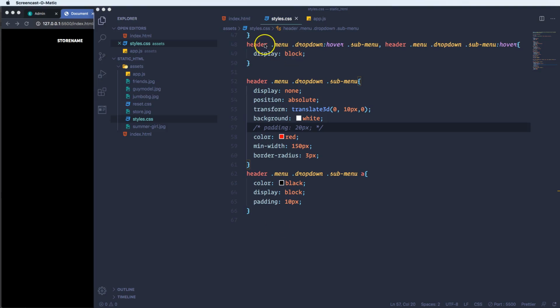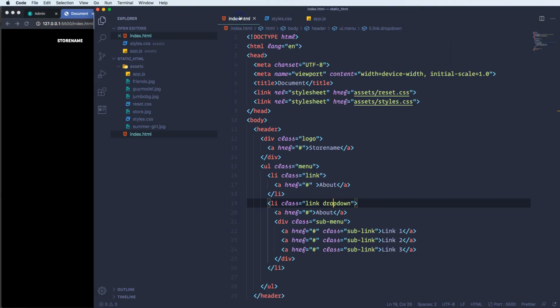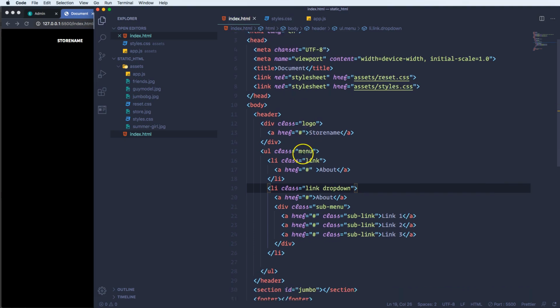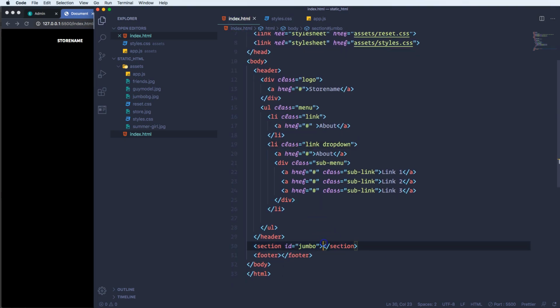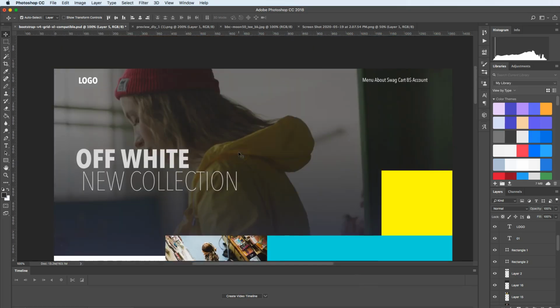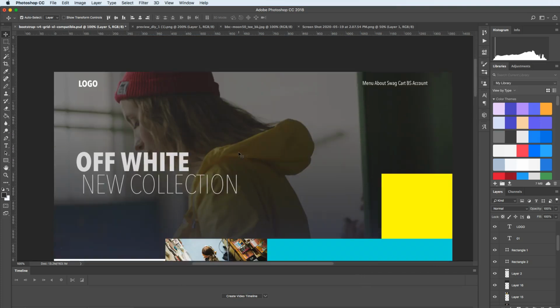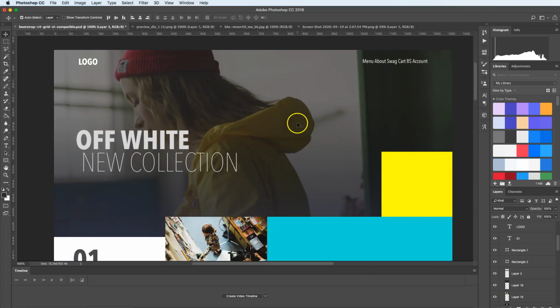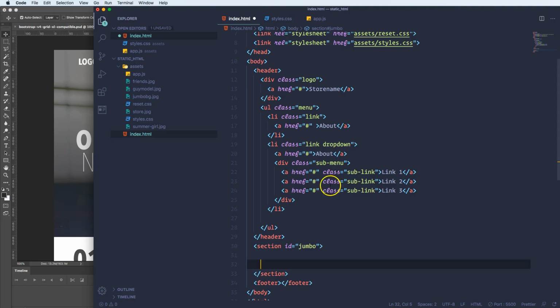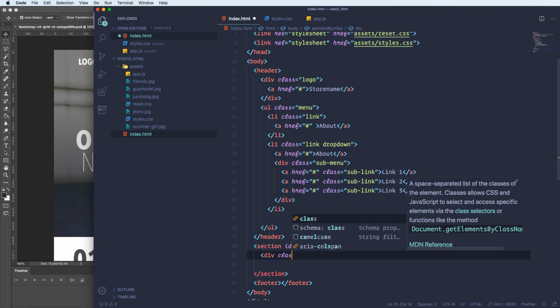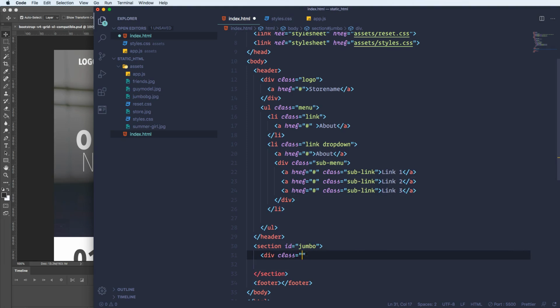All right, guys. So now what we're gonna do is we're gonna come here. We got this index.html. And here I wanna go into this jumbo section, and we're gonna start working on the jumbo section area. Okay. So we have a background image. So we're gonna just create its own background image for this. So we're gonna say div class. Let's say background image,